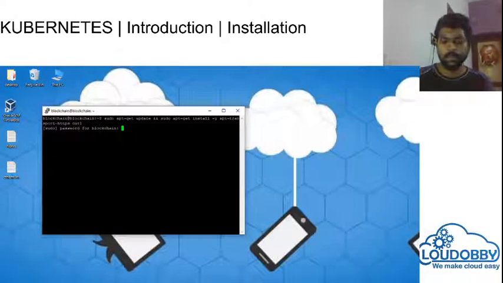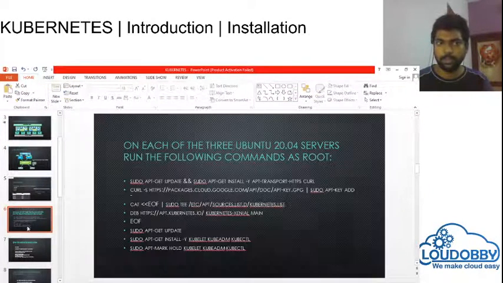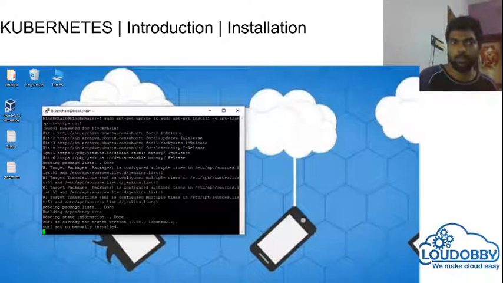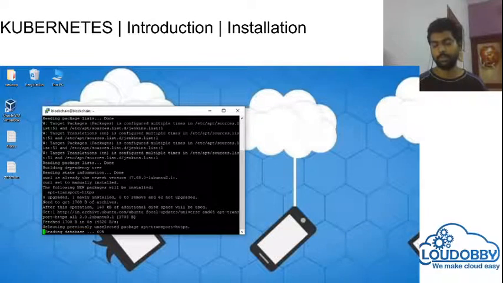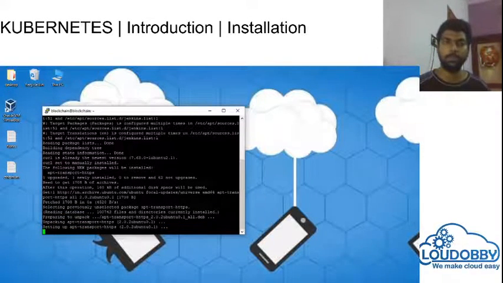We are using sudo because it is super user mode, but as I said before, we should run this as root. I am running using sudo, but you can either use sudo or run as root. If you are in root mode, then you do not need to use sudo. You can directly give the command.